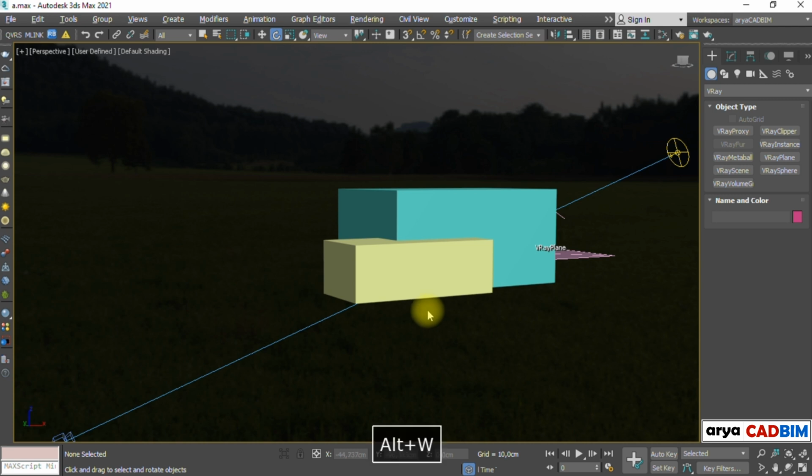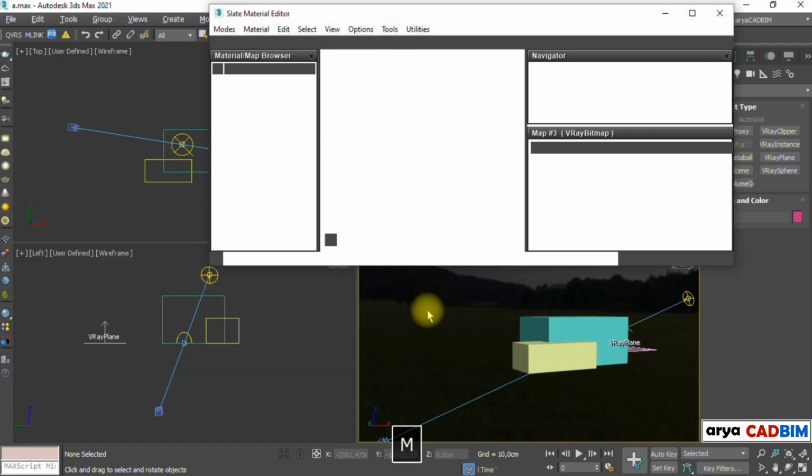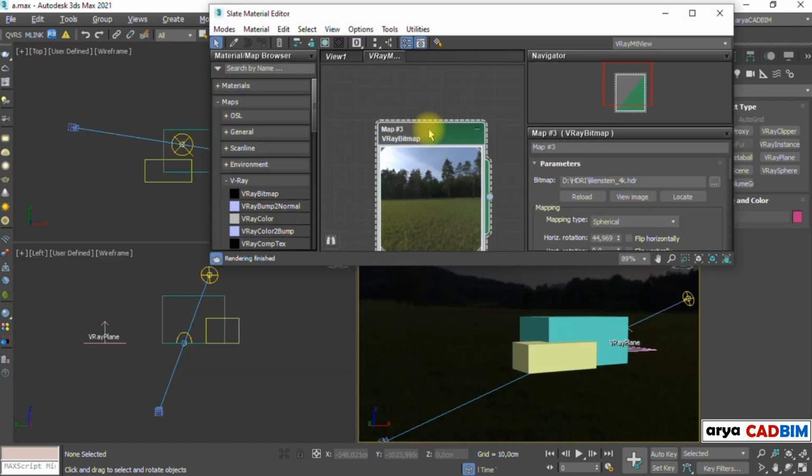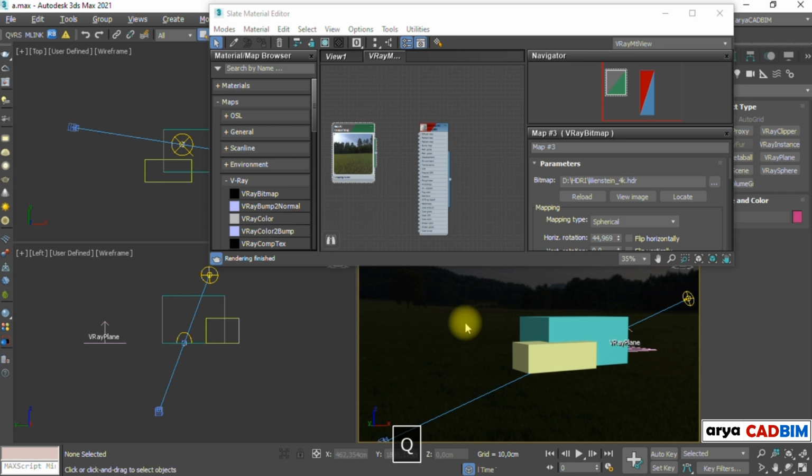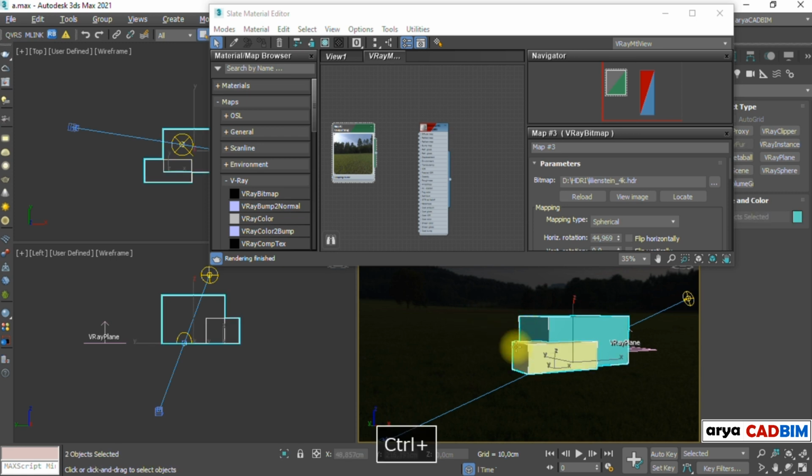Okay, a simple view. Assign a V-Ray material to the boxes. Select both. And assign it.